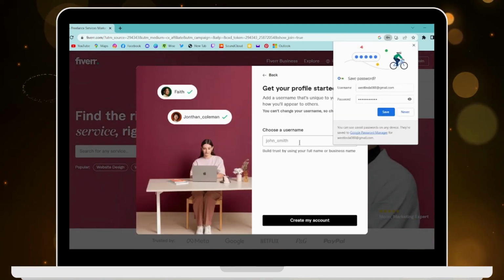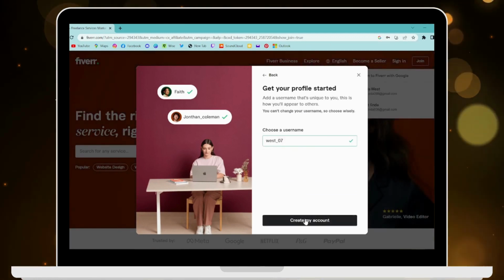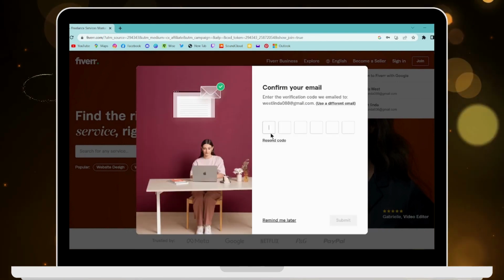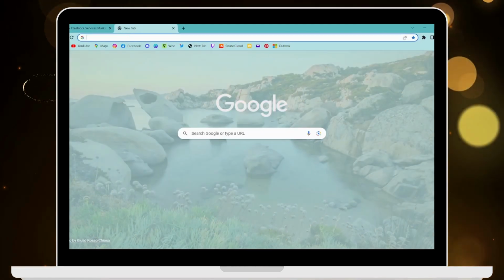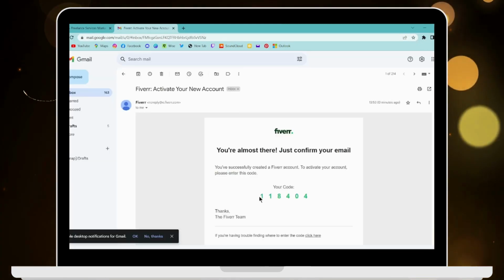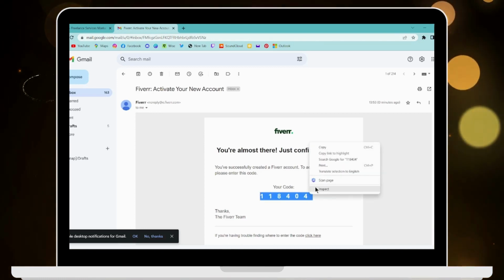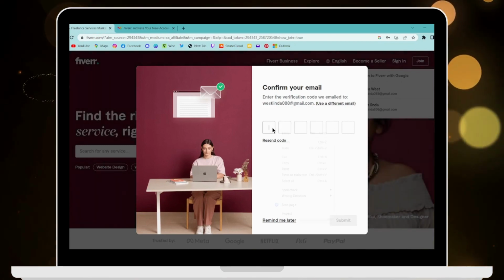and now you have to choose a username to create your account name, and after choosing a username click on create my account, and now you have to confirm your email. So you have to open up your email in which you will receive a code. And after opening your email, here you will have this code, so you can simply copy this one and then you can enter that here,